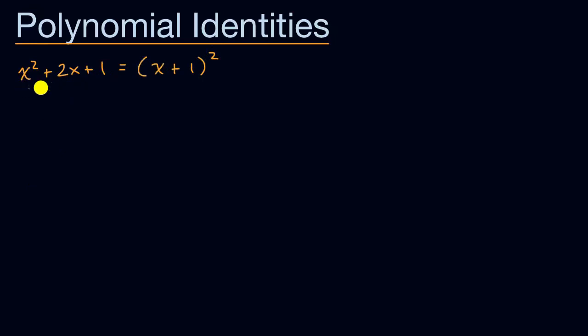That for any value of x, x squared plus 2x plus 1 is the same thing as adding 1 to that x and then squaring the whole thing. And we saw this when we first learned how to multiply binomials, and we took the square of binomials. But now we're going to do this with slightly more complicated expressions, things that aren't just simple quadratics, or that might not be as obvious as this. And the way that we're going to prove whether they're true or not is just with a little bit of